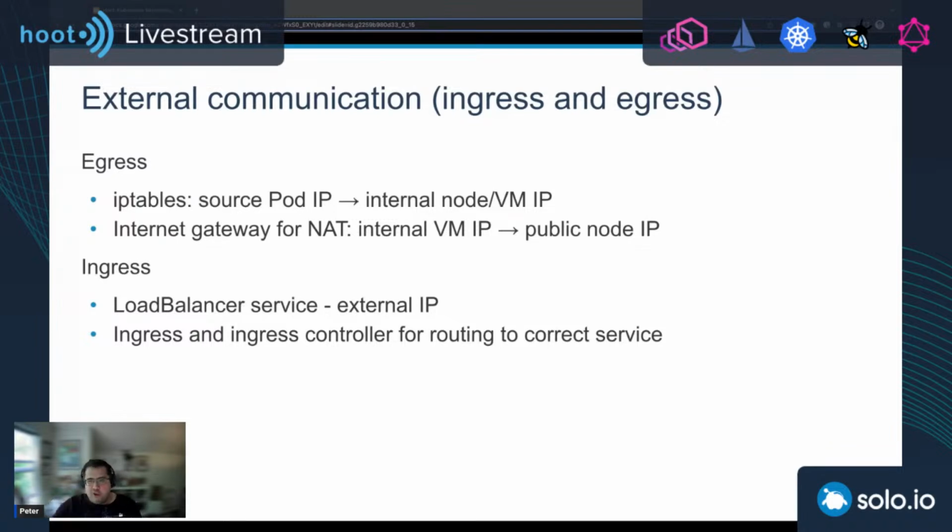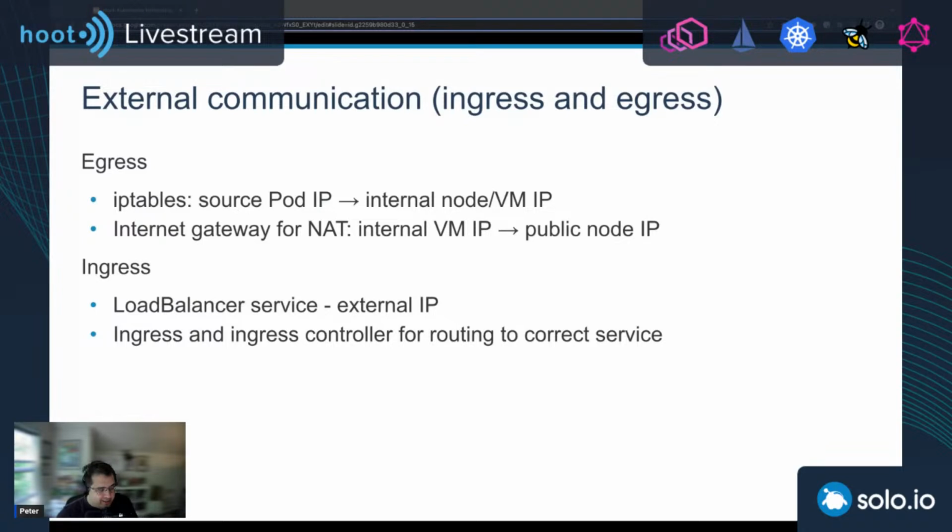Now, if you've done any Kubernetes, you know that it's not very wise to have a load balancer Kubernetes service for every application you want to expose, because you would end up with 10s, 20, whatever load balancers and different external IP addresses, and it's going to cost you a lot of money. So what you want is a single external IP address, right? And then the ability to serve multiple Kubernetes services or applications behind that. The way you do that is by using the Ingress resource and a backing Ingress controller.